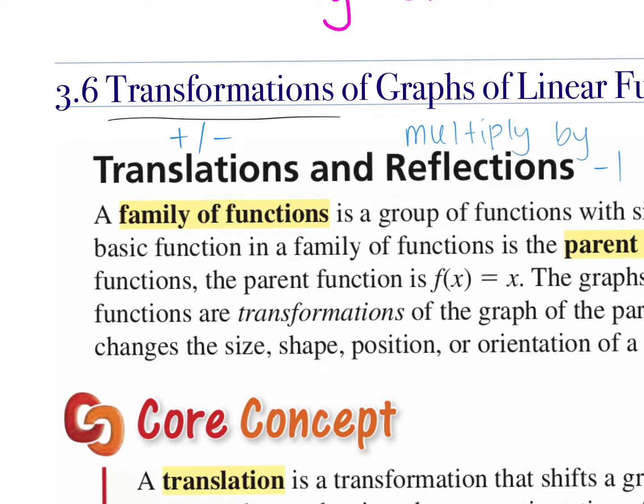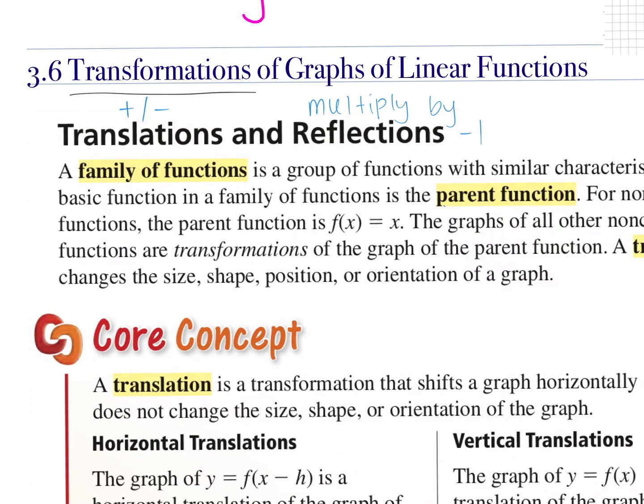Translations are when you add or subtract, and reflections are when you multiply by -1, okay? Now, each of these problems is going to start off with something called a parent function. Your parent function is going to be a linear equation, and it's just going to be a basic function. It's going to be super standard. And then a transformation is going to happen to that function that's going to change the way that it looks,